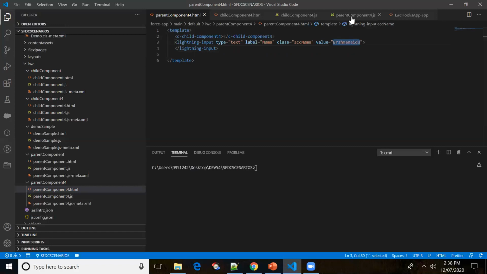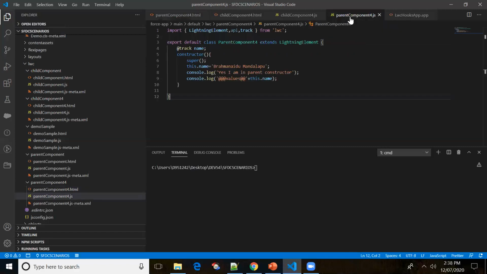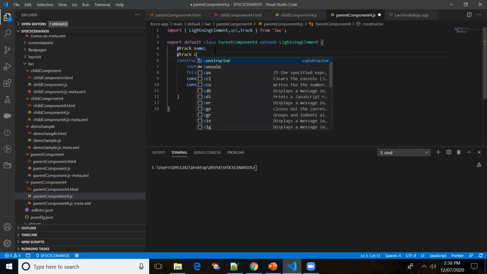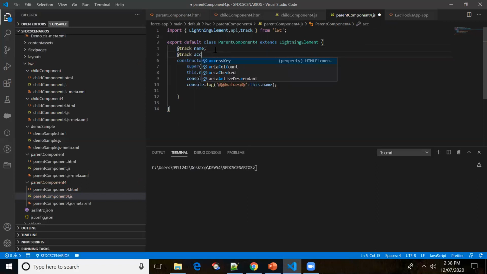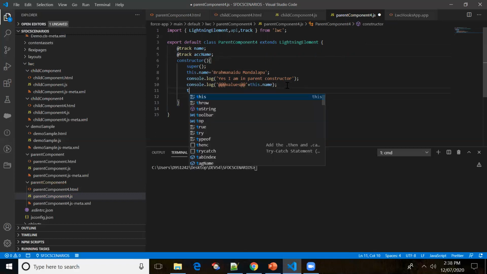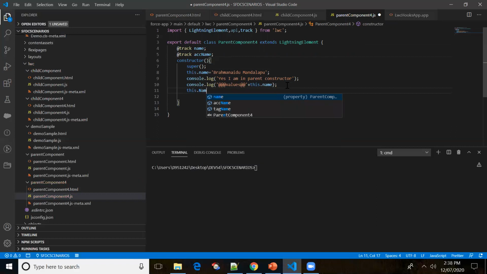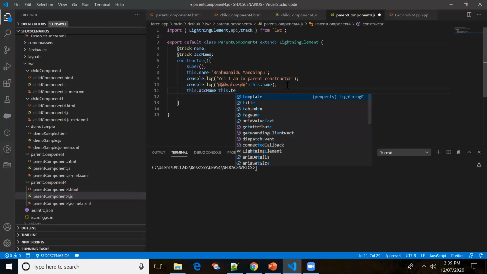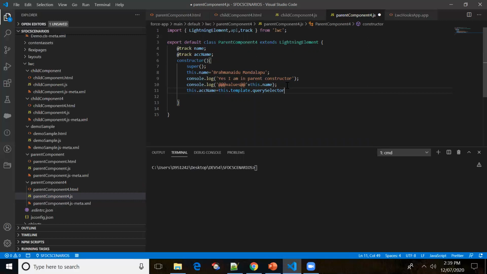So now let me go to the parent controller, right? So now what I'll do is, let me declare a variable with track, ACC name. Okay, so if you want to refer to that variable, then we have to make use of this dot ACC name equal to, right? So I want to get the value, template dot query selector, right?